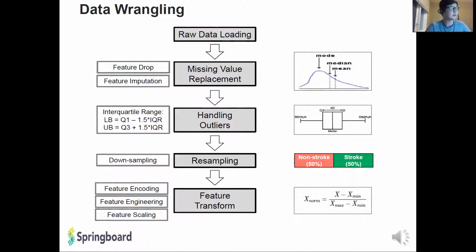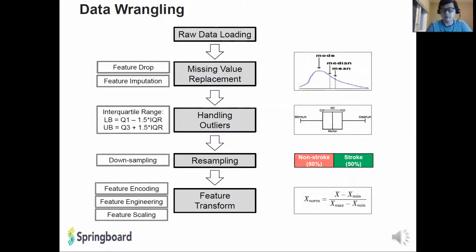And the third thing is, after we did this, we need to handle outliers. There are many ways to handle outliers, but I chose to use the interquartile range method, which is very traditional in statistics. As you can see in the right sub-figure, it's a box whisker plot. A box whisker plot is a graphical representation tool which highlights five major stats: minimum, maximum, median, the first quartile, and the third quartile, being the 25th and the 75th percentile.